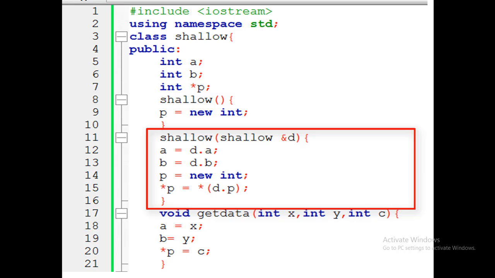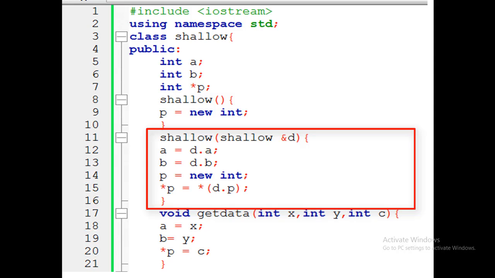It is necessary to pass the object as a reference and not by value, because if you pass it by value, its copy is constructed using the copy constructor. This means the copy constructor would call itself to make a copy. This process will go on until the compiler runs out of memory. Therefore, the compiler doesn't allow parameters to be passed by value.